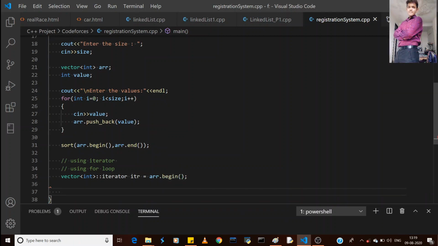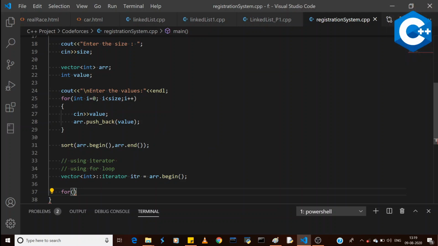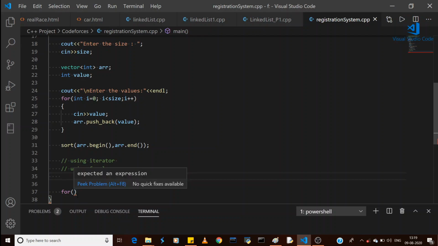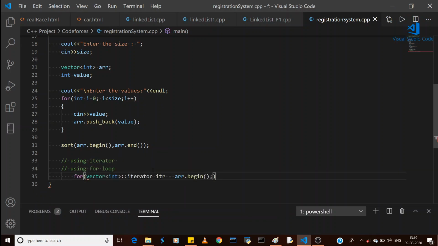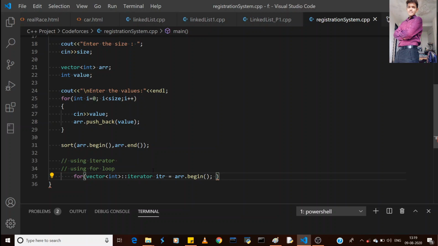We can write all this inside the for loop. So now the condition is iterator should not be equal to